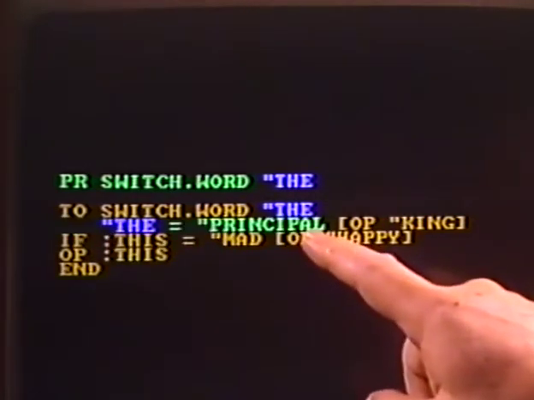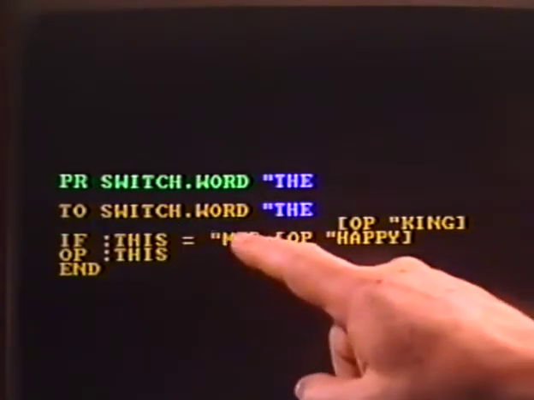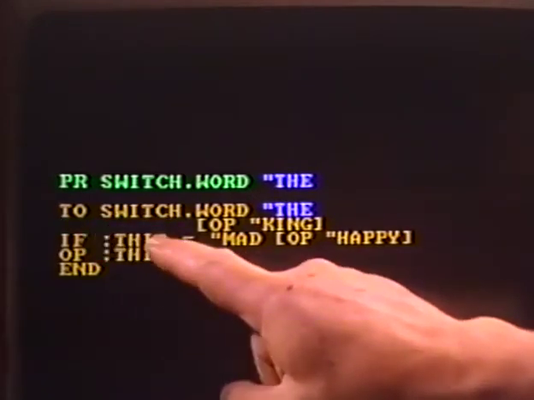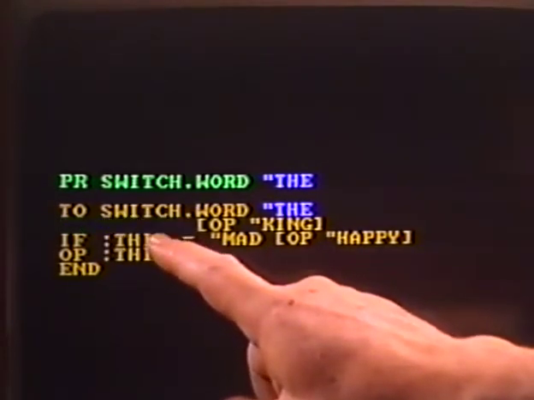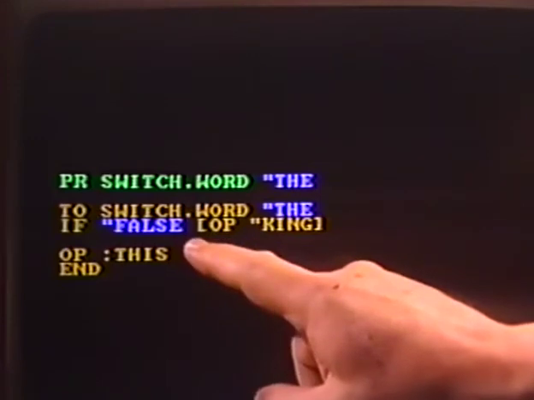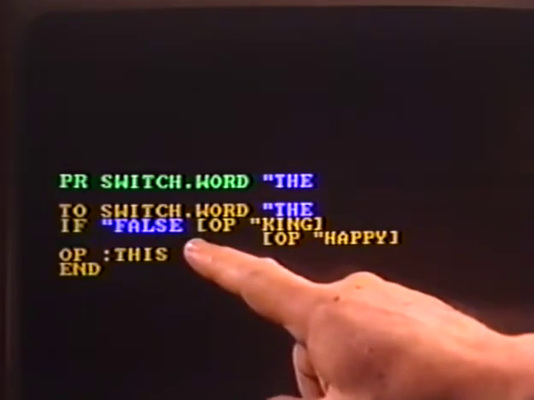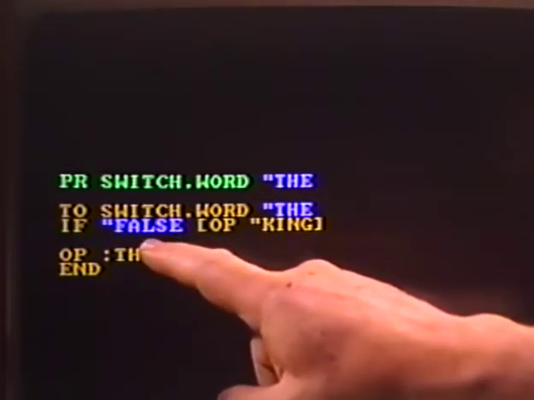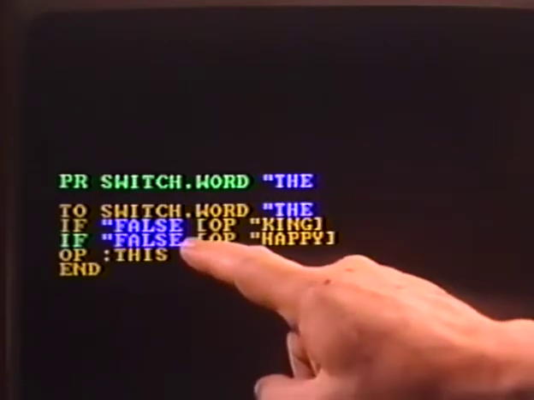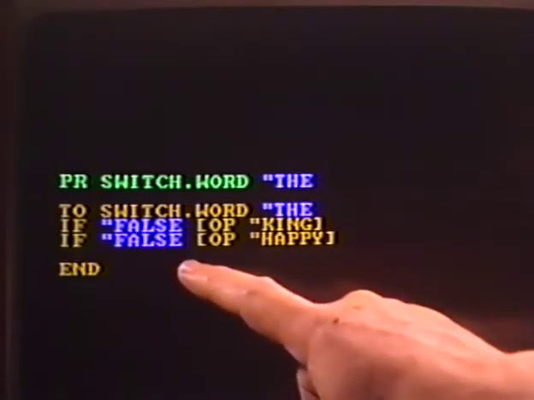This is what's being done. Well, the isn't equal to principal, and so if will now get false as its input, and it will simply go on to the next line. The same thing will happen here. This became the, it's not equal to mad, if got false, and now we come to the key line, which